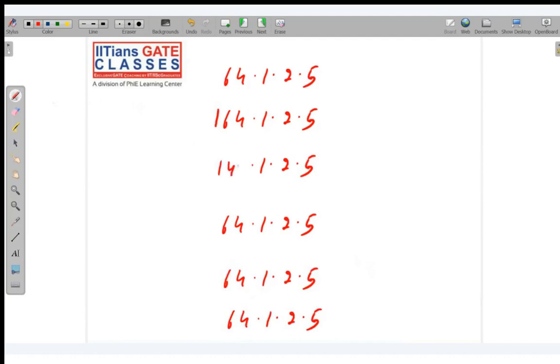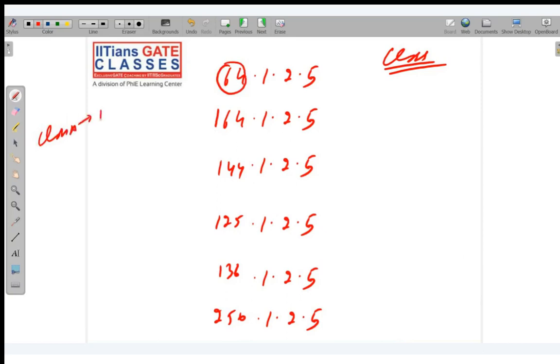Okay, so next is say 164, next is say 144. Okay, next is say 125, next 136, 250. Okay, so how you will check? So in order to find the class, you will find first octet. Okay, range you have to check. So for class A, range is from 1 to 126. Okay. For class B, range is from 128 to 191. Class C, range is from 192 till